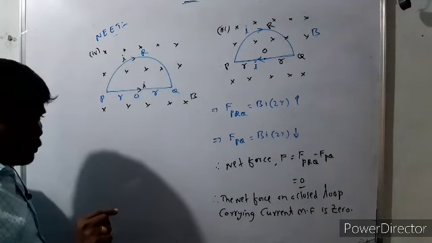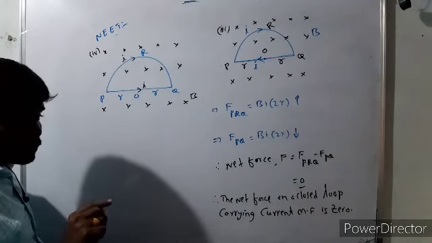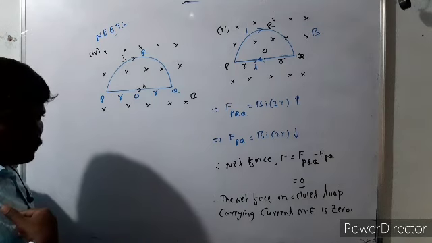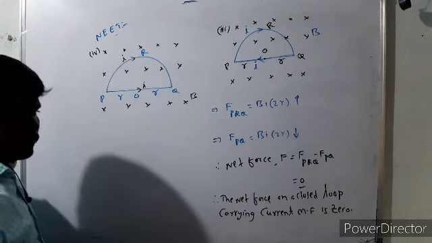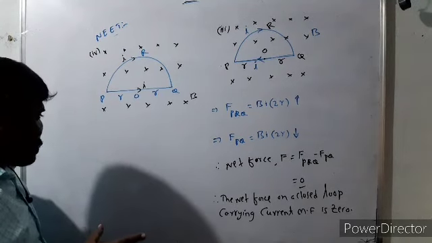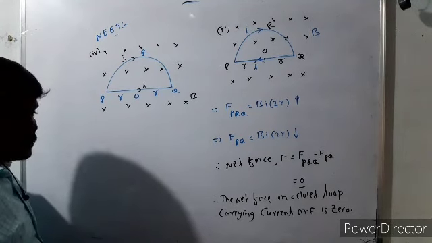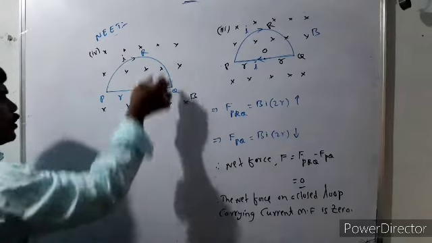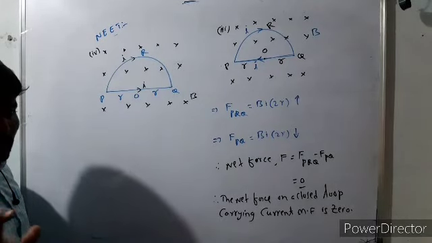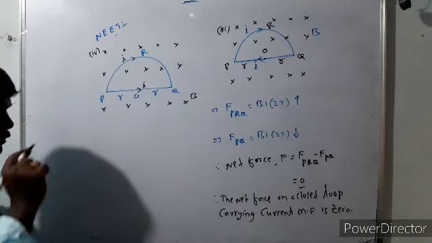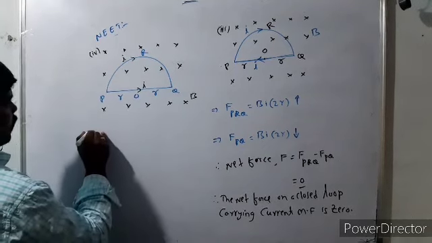If the current in the conductor forms a closed loop in a magnetic field, then the force is how much? Zero. Now this shape is closed, but the current does not form a closed loop. Again, keep this in your mind. Now the force on